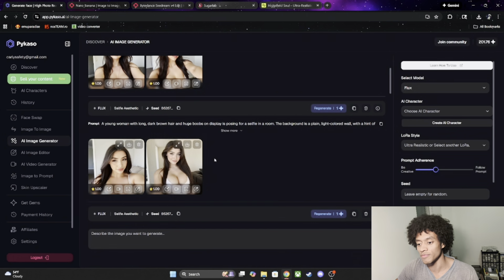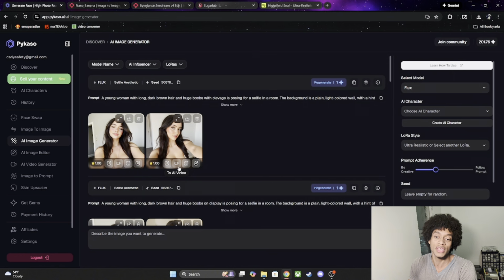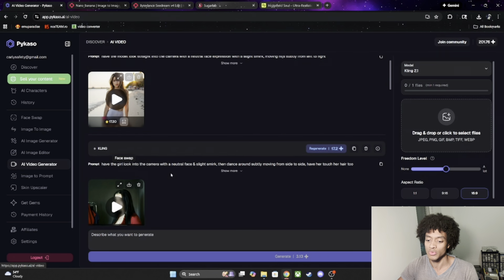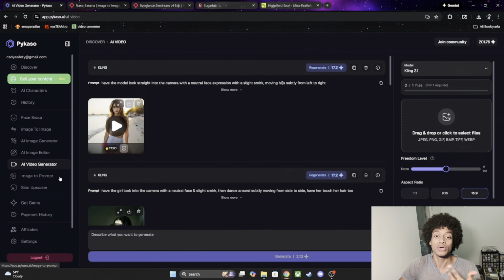So this is the quality of model that you get here. Now, specifically with this one, what you'd want to do most of the time is AI video generate. You're going to want to make videos with this because the video was good. And most of the time, upscale with it, right? So, oh shit, I can't show the upscaling screen.